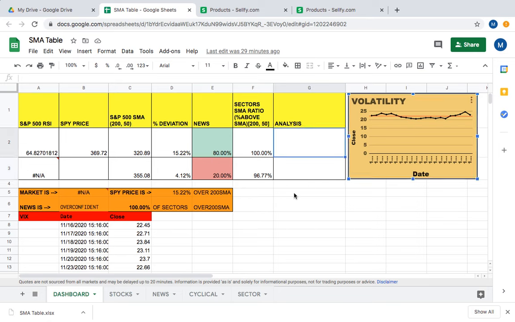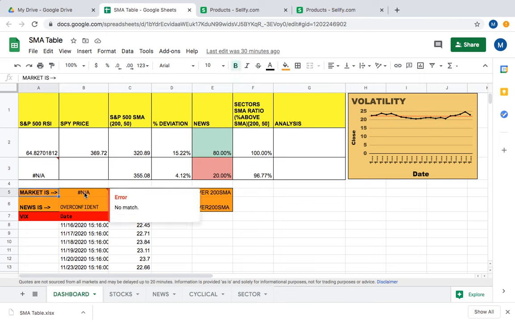And over here we have the volatility table. That tracks the VIX, the volatility index that most people use for indicating volatility in the market. And then here is a logic statement. So if the market was oversold, it would say market is oversold. SPY price is 15% over 200-day moving average. News is overconfident. 100% of sectors are over